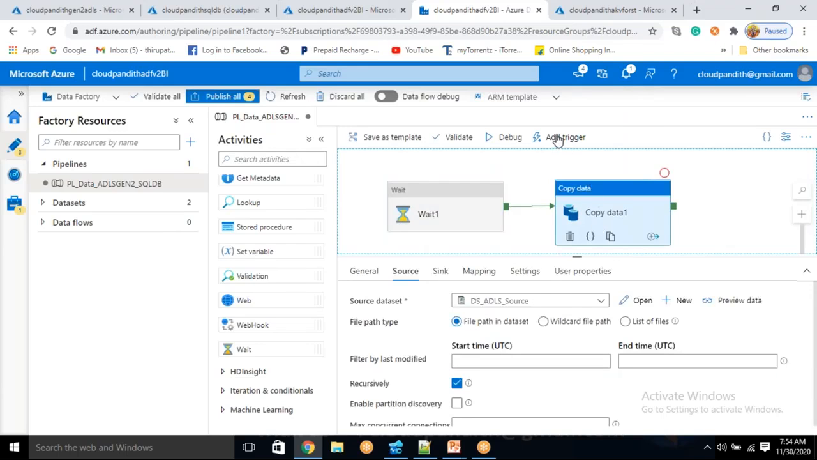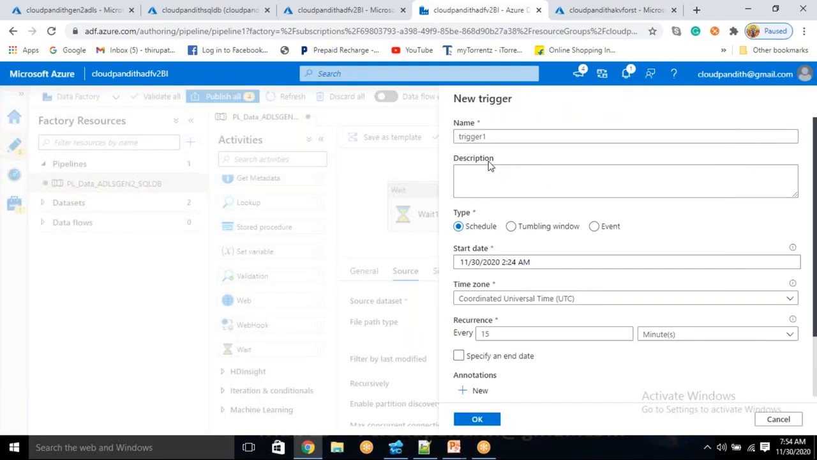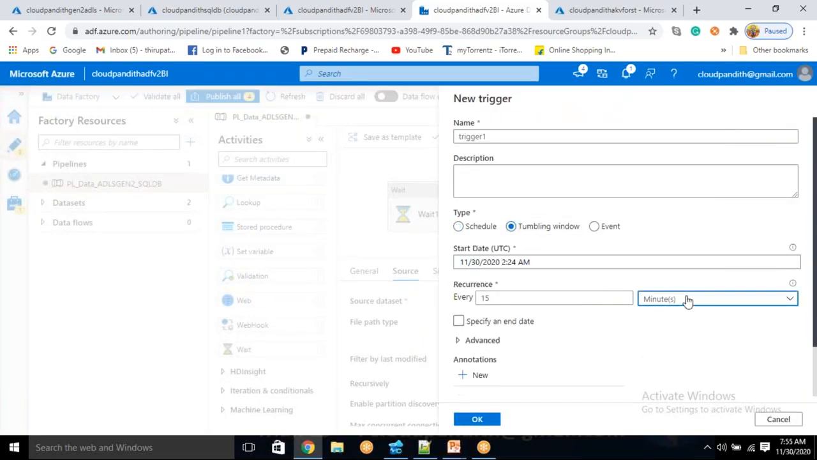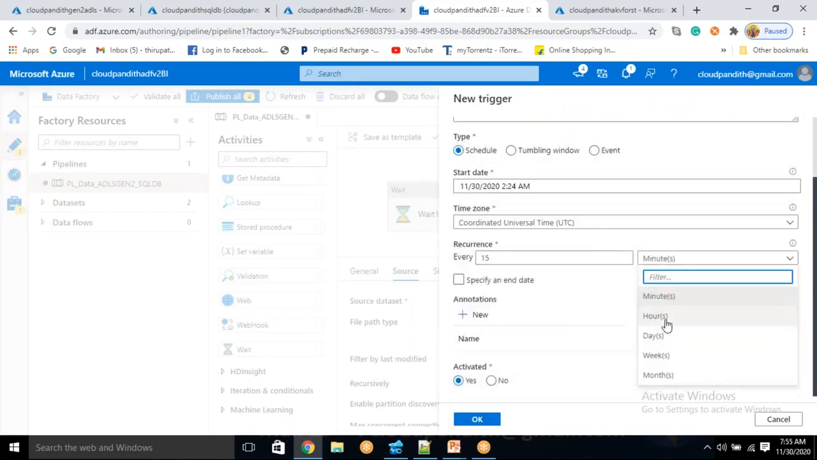Now I don't want to trigger anything manually. I want to create a schedule trigger. Click new/edit, then click new trigger. Here there is tumbling window, where you see minutes and hours. But let's go with schedule trigger. You see how many things we have: minutes, hours, days, weeks, months. First thing,